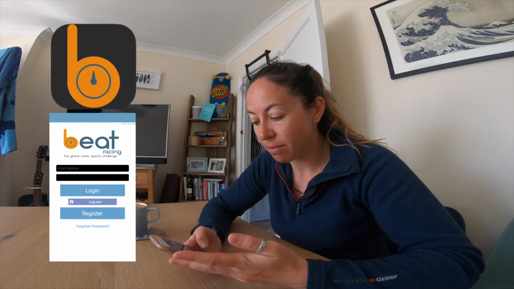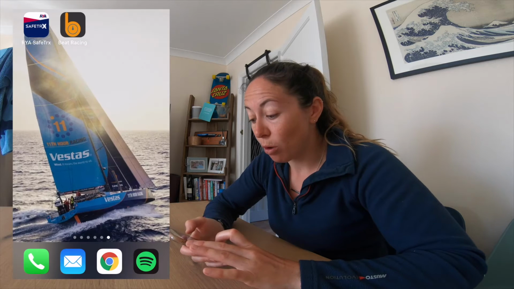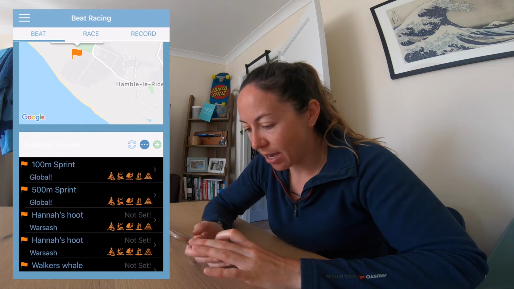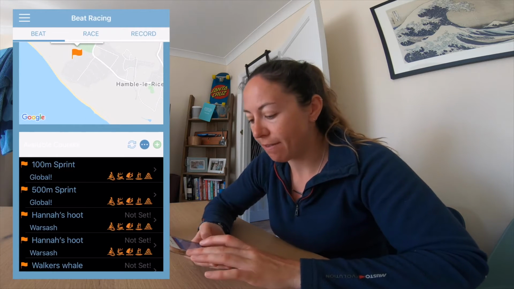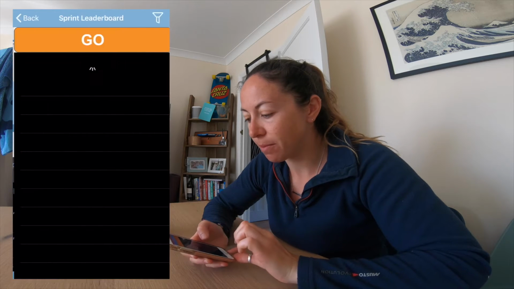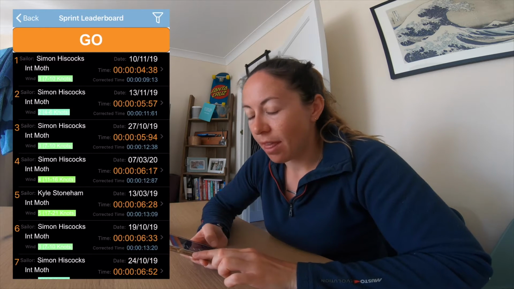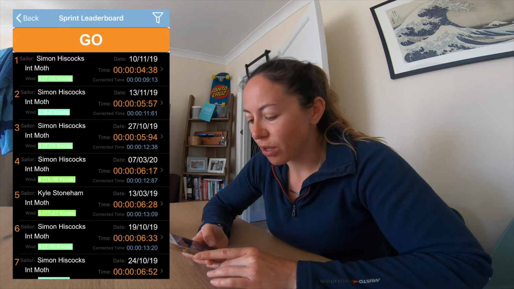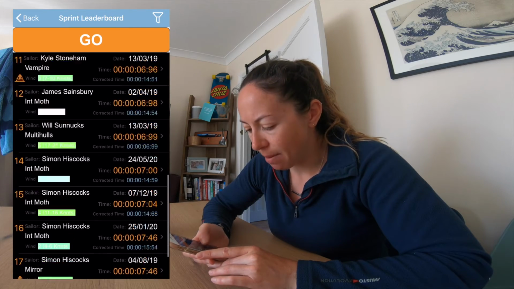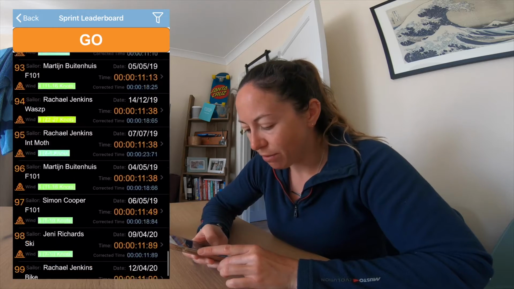So I'm back at home now, and I'm going to have a look at my track and see if I featured on the leaderboard for the 100 metre and 500 metre sprint races. I log back into the app, and if you go to the Beat section, which is the top left, you can have a look at the 100 metre sprint leaderboard. I think I'm going to have to scroll down quite a long way because I was going against the tide and it wasn't very windy yesterday, but if I get down to about